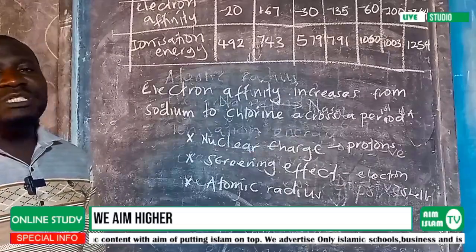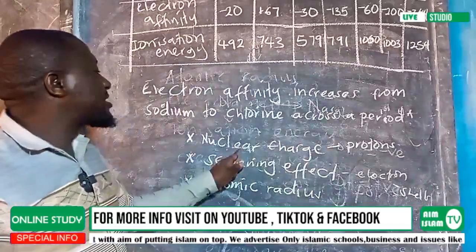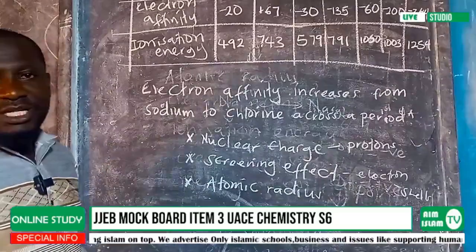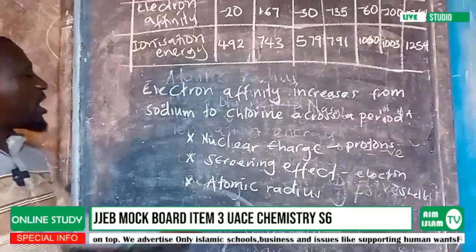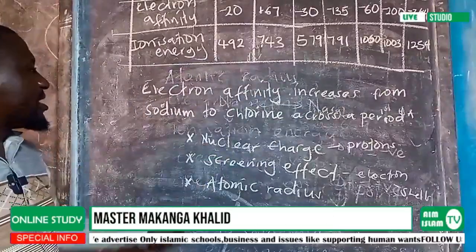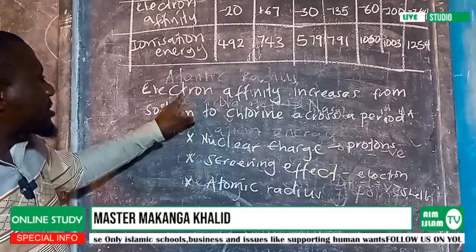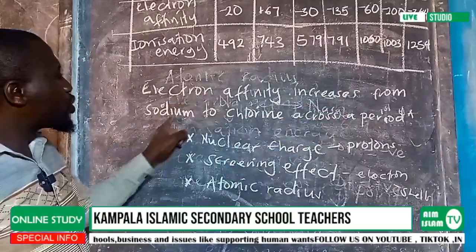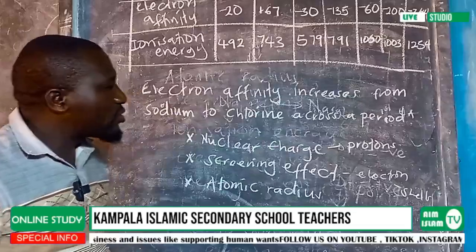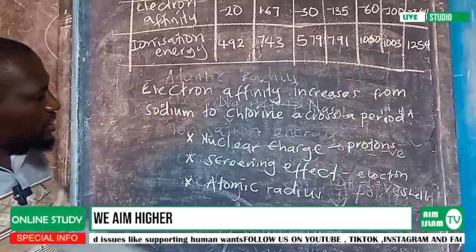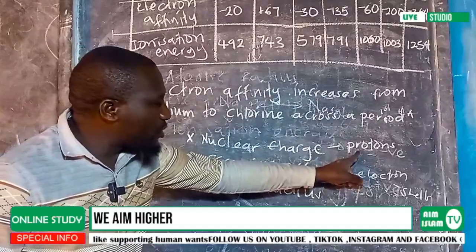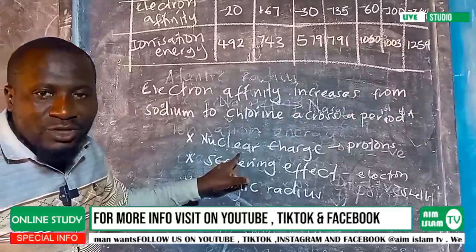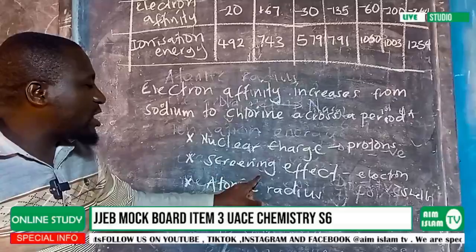But which one increases more than the other? There will be a greater increase in the nuclear charge than in the screening effect. So how will you state this based on these factors? You say electron affinity increases from sodium to chlorine across a period because the number of protons increases, which brings about the increase of the nuclear charge. And the screening effect